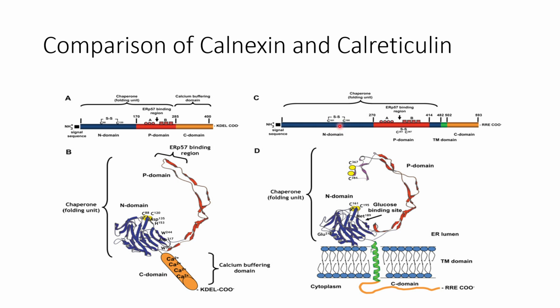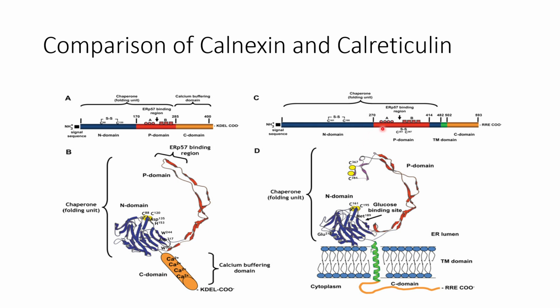That helps to form thiol bonds with the newly co-translated or translated protein, and helps them acquire their native structure. It is represented by yellow color in the three-dimensional structure, that is cysteine at 161 and 195. After that it also has a P domain, which is turn-shaped,